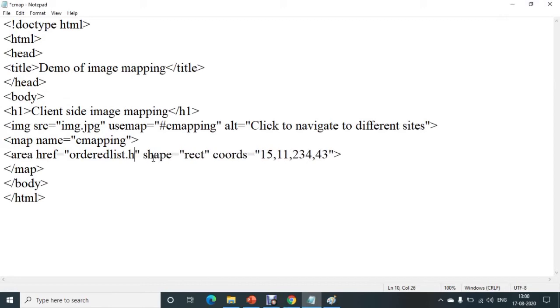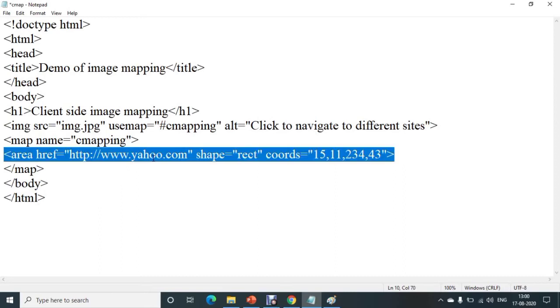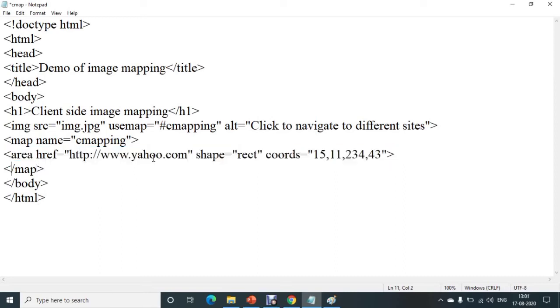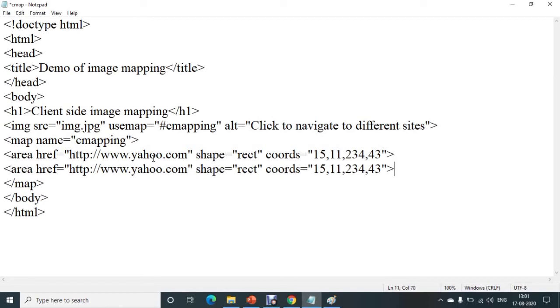Okay, let us change the path here. http://www.yahoo.com. Now the same procedure is to be repeated. Now use multiple area tags to provide multiple hyperlinks.